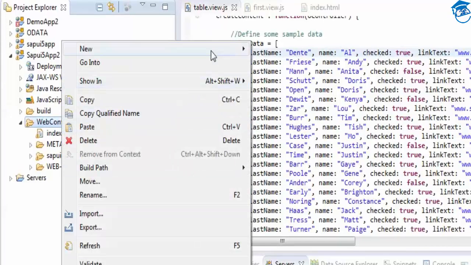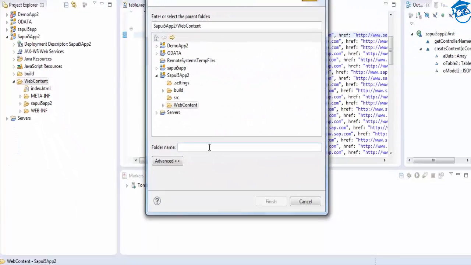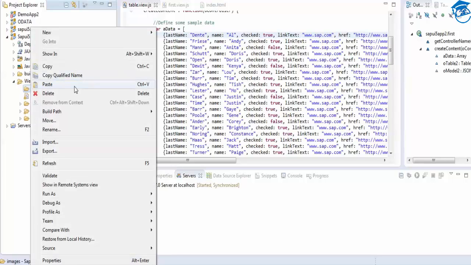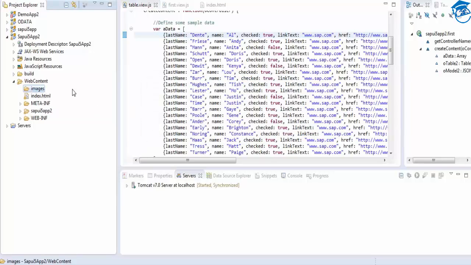Here you will get a new folder. You create images, and in this you'll be pasting it. You already copied it, so you cannot paste the clipboard content in the selected item. You can't do it directly. So you have to